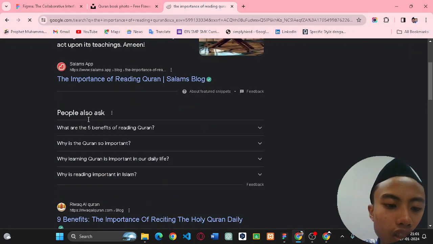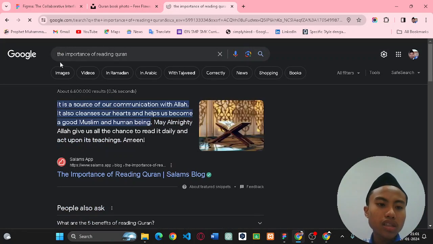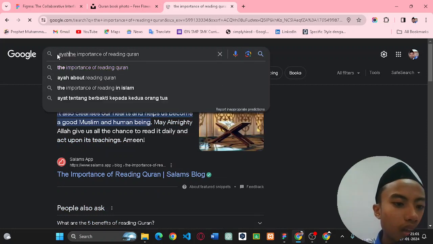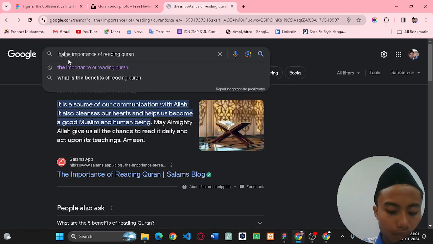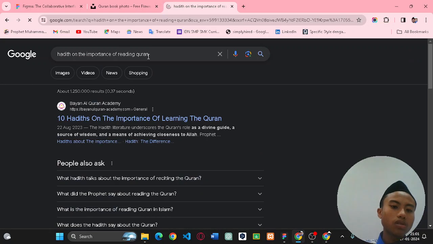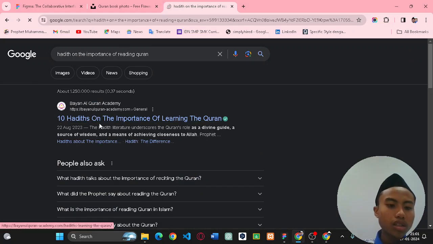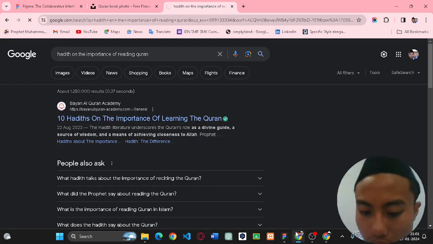So in here you can see some text about benefits and some other things, and maybe the ayah about reading Quran or the hadith on the importance of reading Quran. You can just click the link, and then here we go.